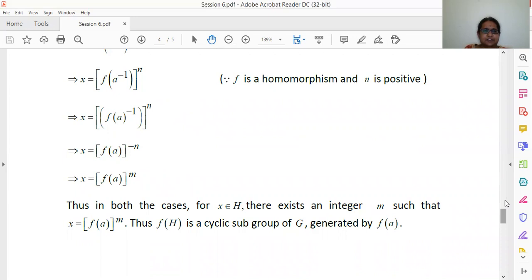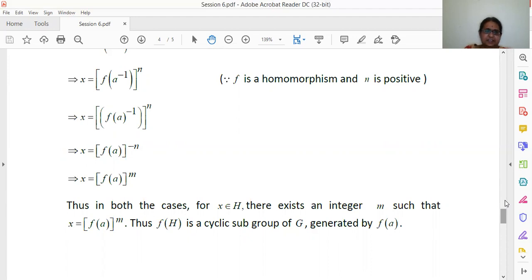And sometimes we will be using the property of subgroup also, that is, if a, b belongs to H, then a b inverse belongs to H. And here, when we say abelian, it means that in addition to the closure law, associative law, identity, and existence of inverse, the commutative property has to be satisfied. Then we say the group is abelian.